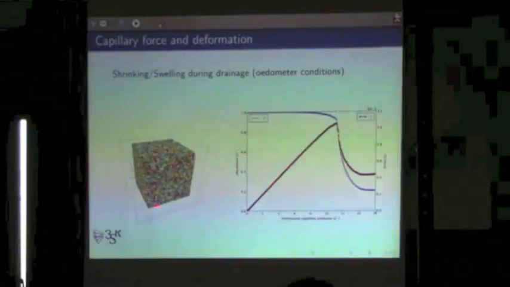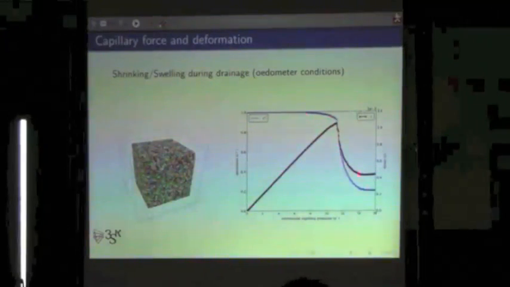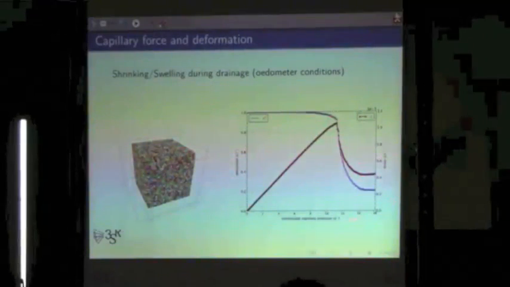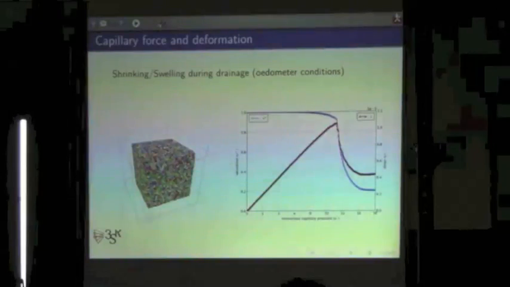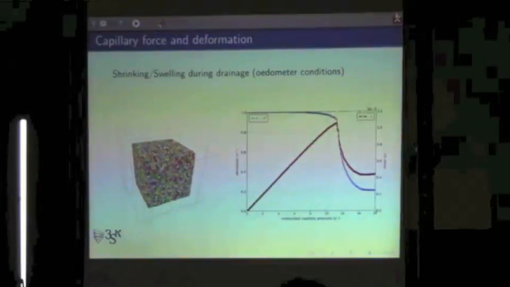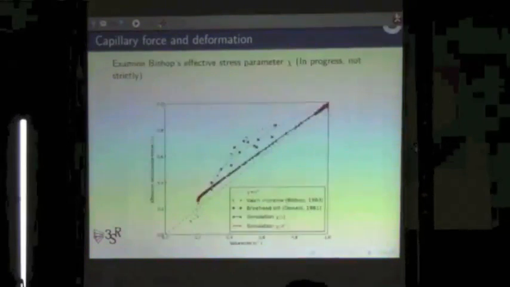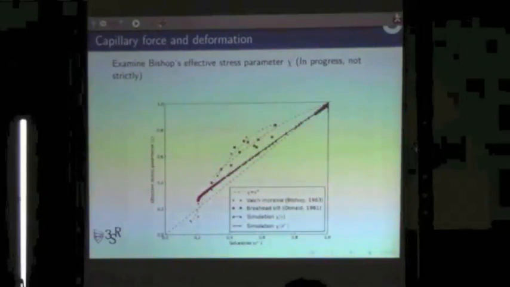So the sample will not recover back to the initial state. We can see the strain will stop here, but not swelling anymore. And if we dig deeper to see what happens in the macro scale,